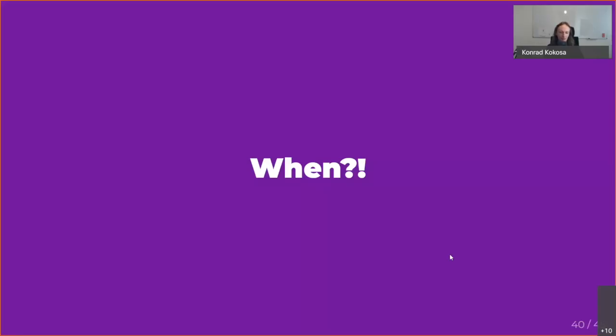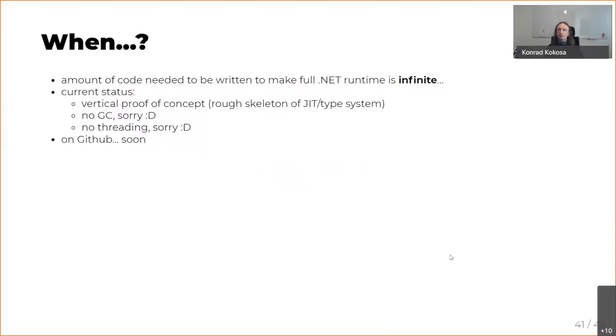So now the question, because it is slowly a good time to end: when will all this happen, so that you will, for example, be able to play around with it? Obviously, the amount of code needed when you would like to implement your own .NET runtime is around infinity. So a single guy like me is not able to write his own .NET runtime. Even .NET Anywhere by Chris was limited. As far as I remember, it doesn't support generics and other stuff.